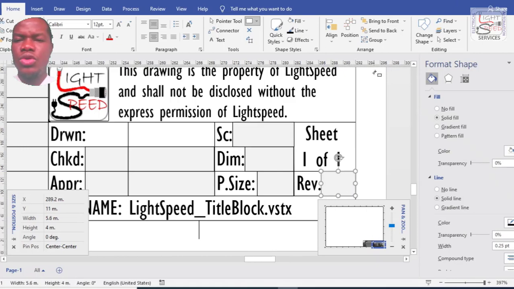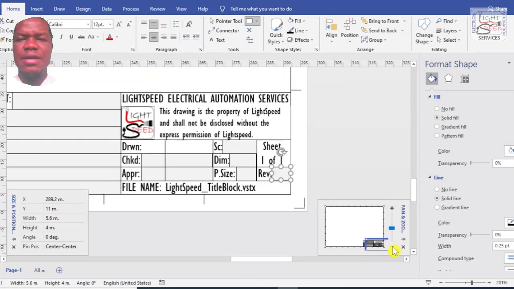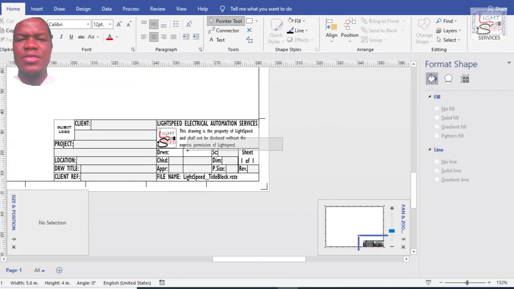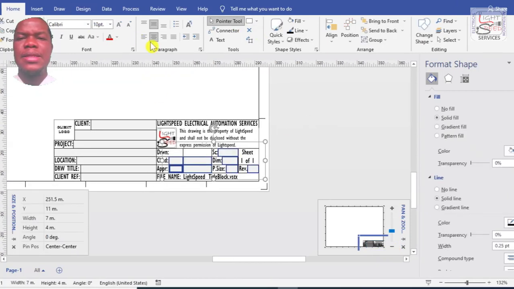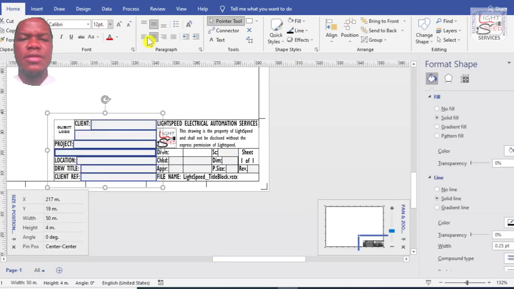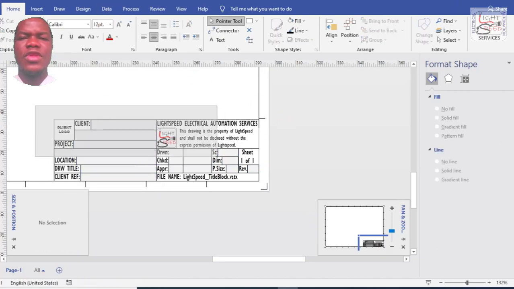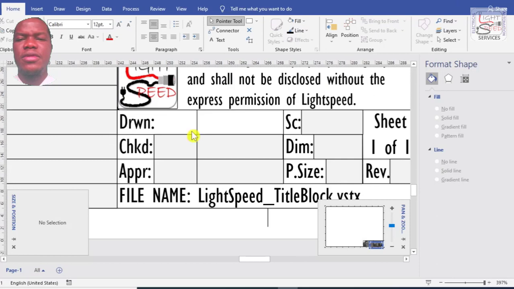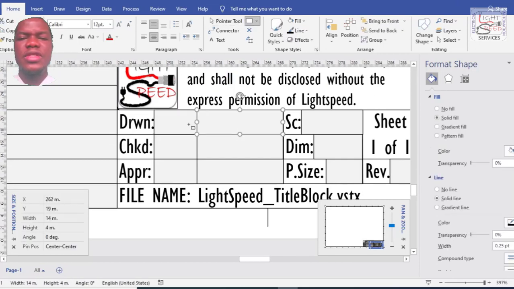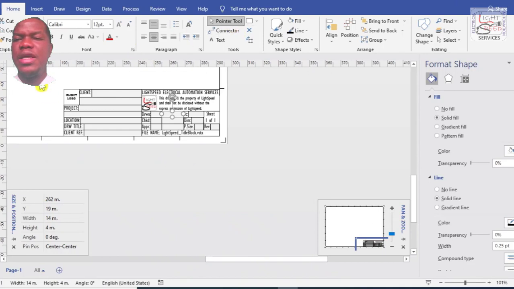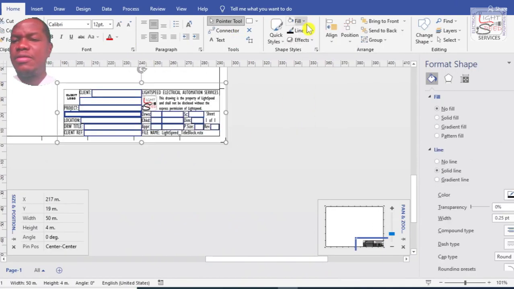So now we select all the text boxes and put them in a new layer. The new layer, select text box on the client side. Drawing, I forgot that. Drawing name. Okay, date. So select all the text boxes and put them in a new layer, no fill of course, and then make the line 100% transparent.